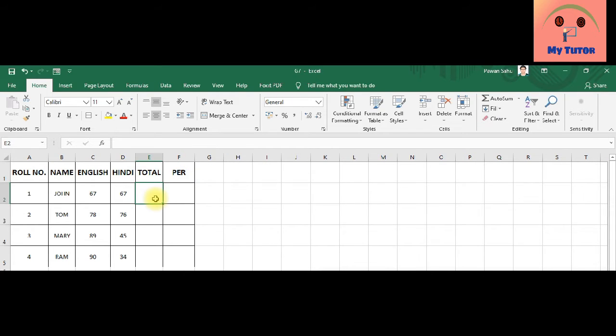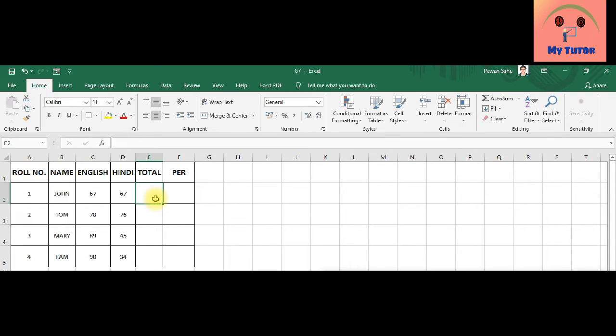Now the goal seek function can be applied to those cells which have some formula. So remember this, whenever you are going to apply the goal seek function, apply it to the cell that contains some kind of formula.